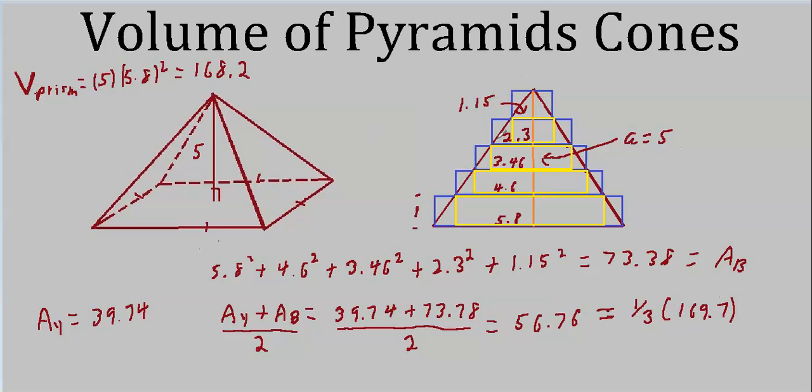Well, this is just a pretty crude approximation. I mean, you can see that these two sets of rectangles don't approximate this pyramid, or in this case the side view is a triangle. They don't approximate it very well, do they? And yet when I take the average, I'm not off by much. And in calculus you can actually make these smaller and smaller, which means they would fit better and better. And you would find that the limit of these blue ones as they went down, the limit of the volume of these blue prisms, would drop down towards this volume.